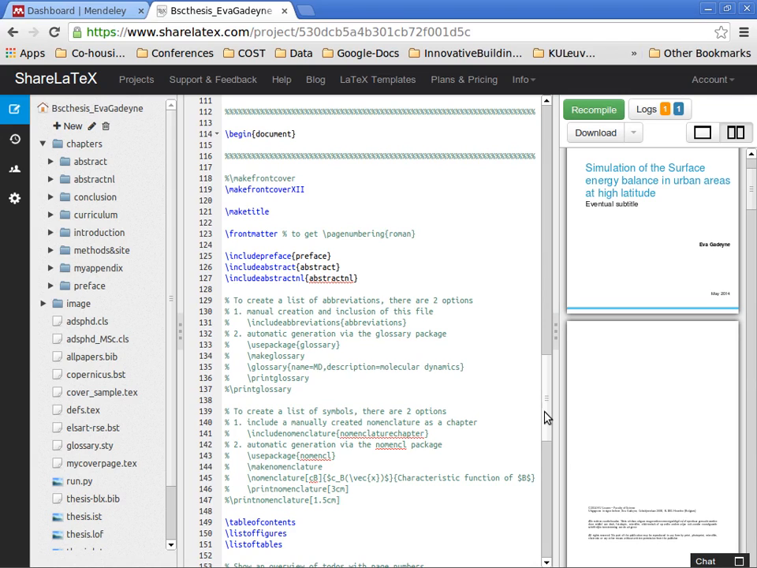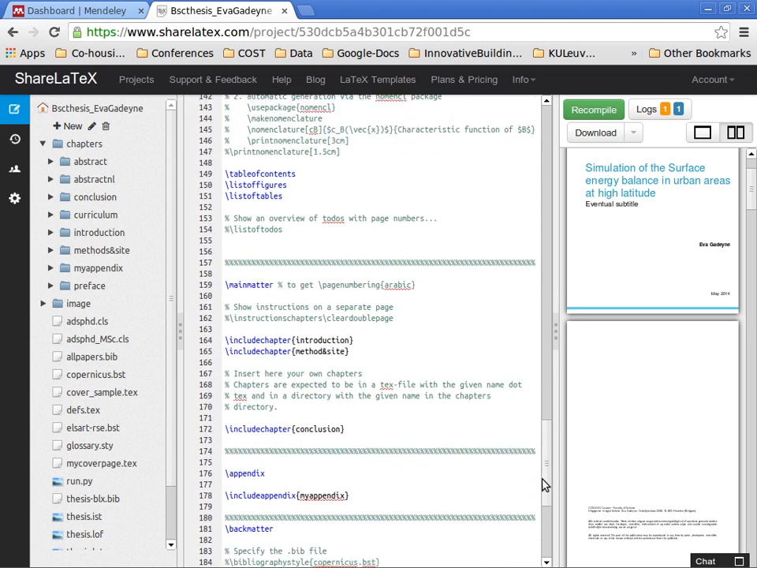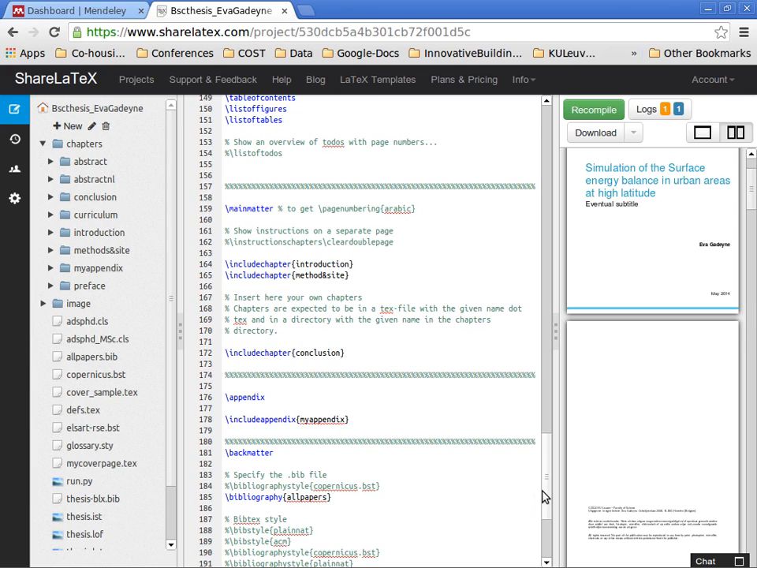begin document. And then this is how LaTeX deals with different things. So it will make a front cover, a title, front matter, and then this is how you call your different sub-documents which are listed there. So there's preface, abstract, Dutch abstract, table of contents, list of figures, list of tables, and then the different chapters. So you could include chapter, introduction, so there is an introduction folder over there,